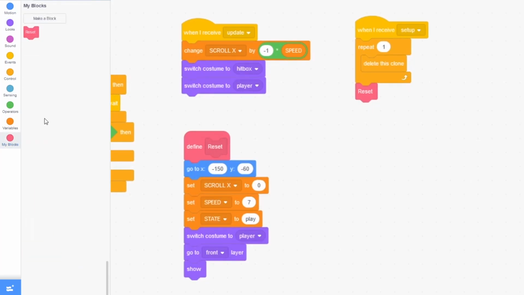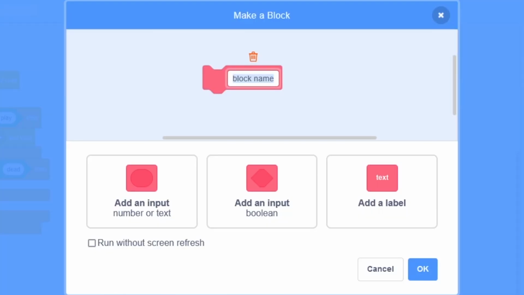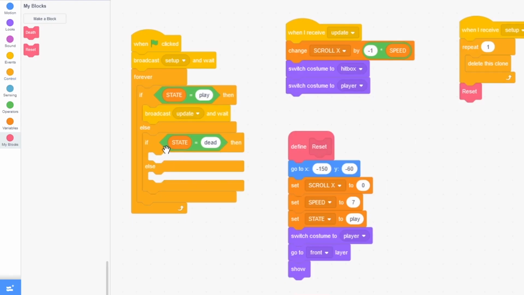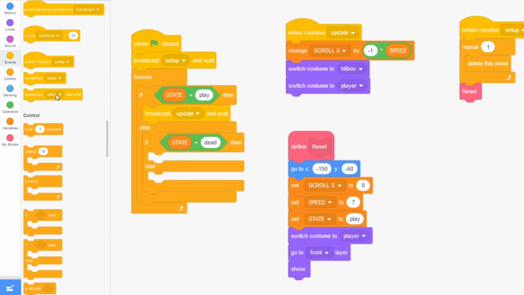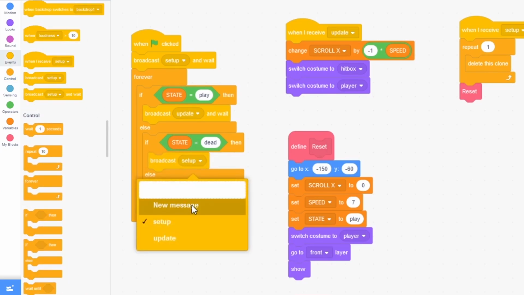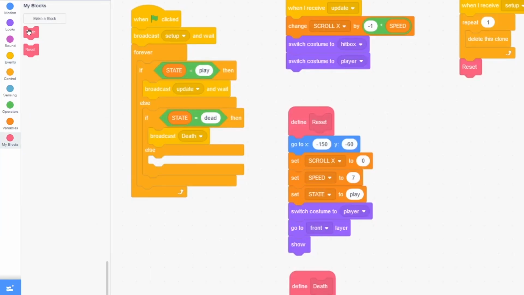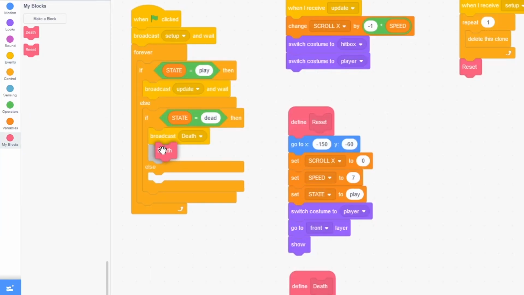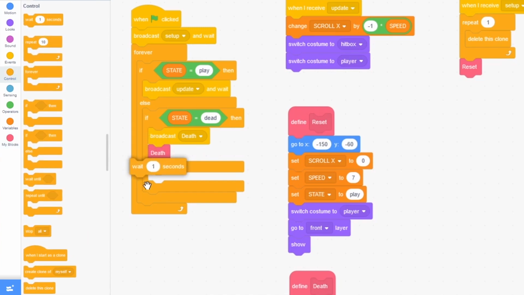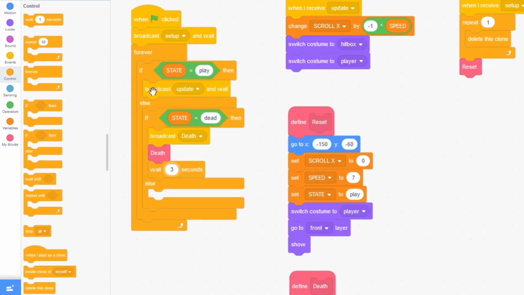Now go to My Blocks, make a new block called death, and press run without screen refresh. And over here where it says if death is equal to state, drag out broadcast, new message, death, and I'm going to drag out the block called death, wait 3 seconds, and then